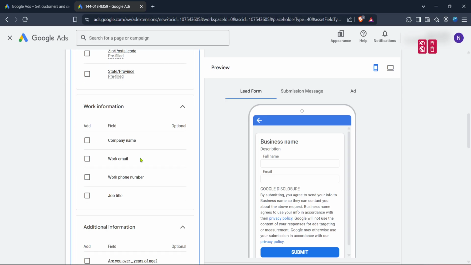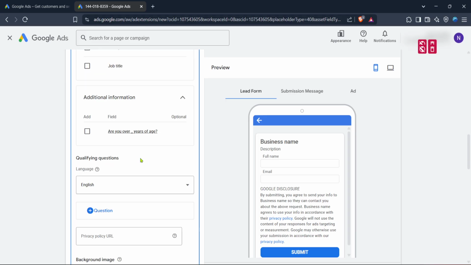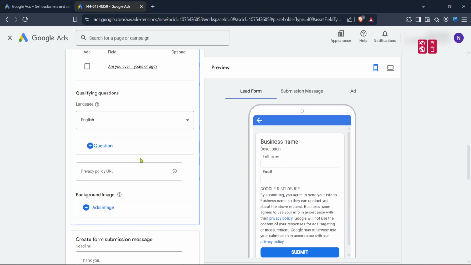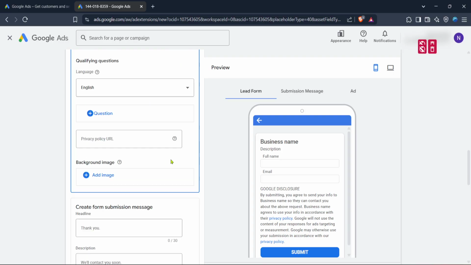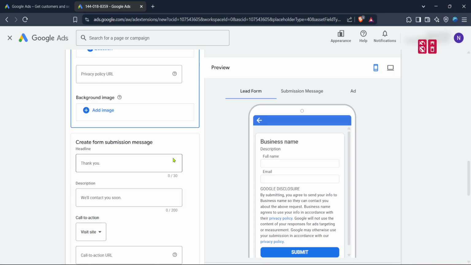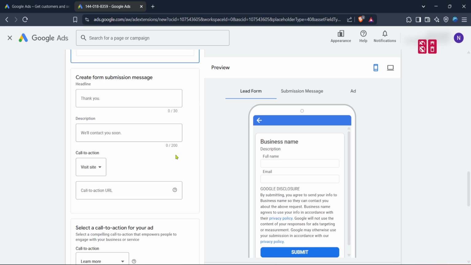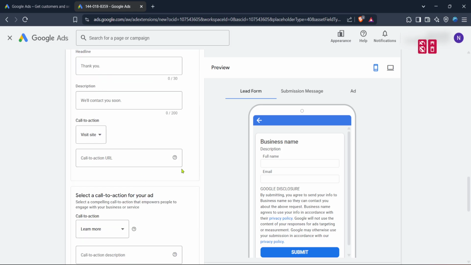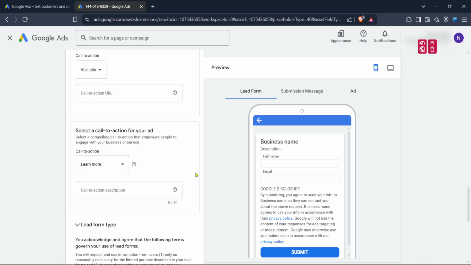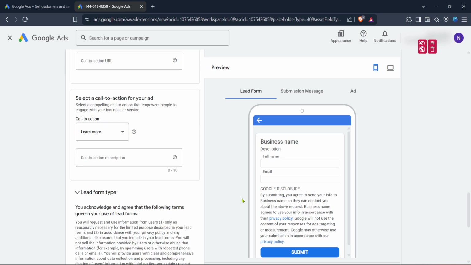Once you've set up your form, it's important to review it and make sure everything is accurate and functional. Check the preview to ensure all fields are clear and concise, and that your call to action is compelling. A good call to action motivates users to take the next step, whether that's signing up, contacting you, or downloading your app. Remember, your landing page and lead form should be mobile friendly, as a significant portion of traffic could